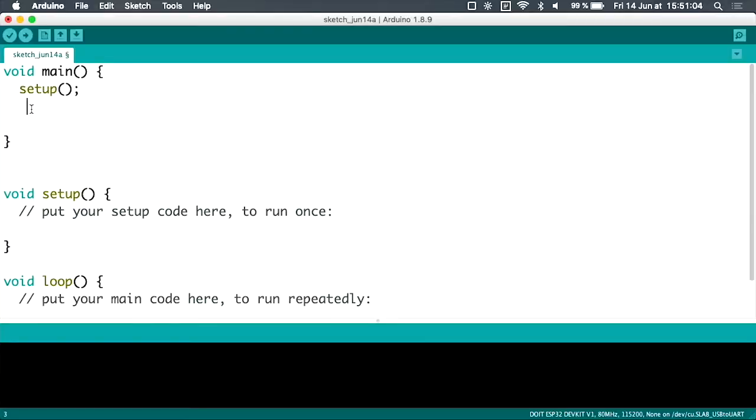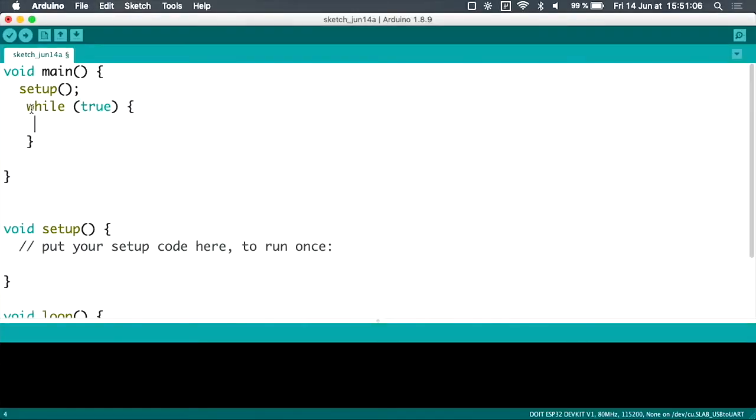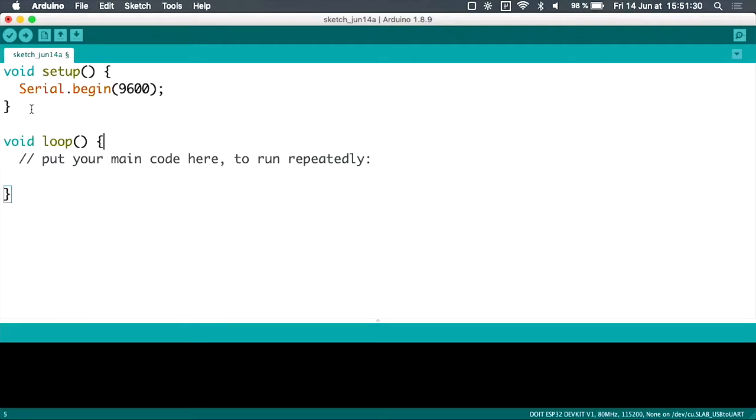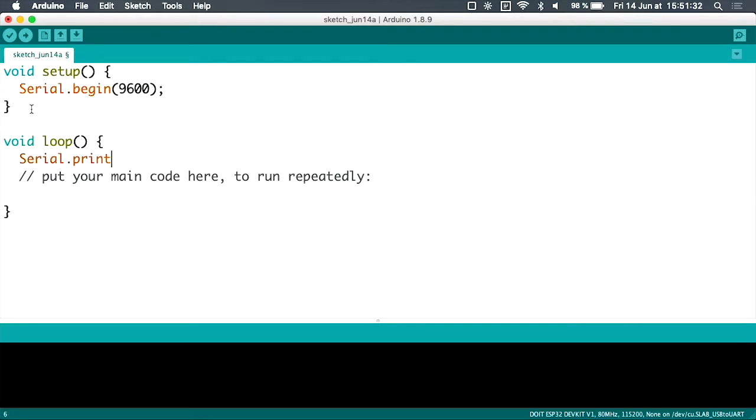And then the Arduino platform, in a while true loop, will call your loop method. So this second method will be called every time in the infinite loop. First you initialize, and then the loop method will be called every single time. If you want to create a hello world, you can just use Serial.println to print a line, and write hello devfest here.